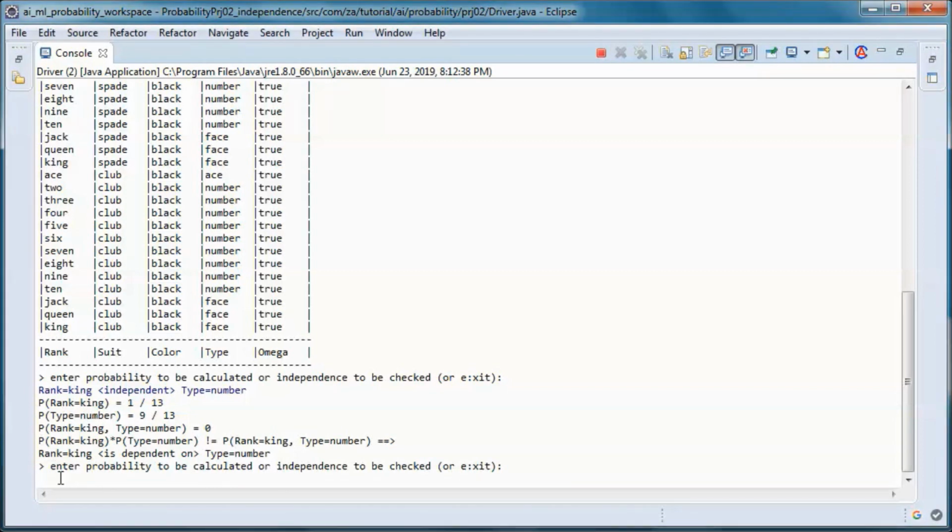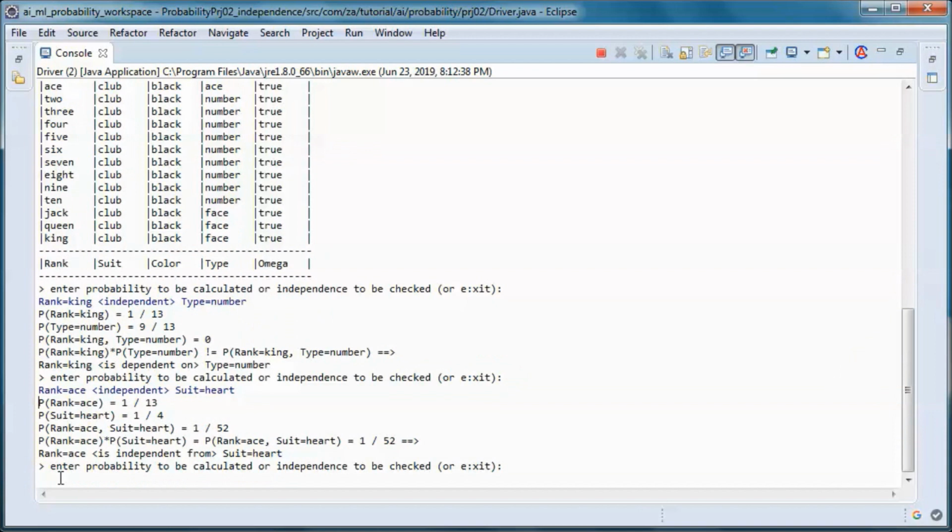And let's check if rank is ace is independent from suit is heart, and it is. So we have 4 aces in a 52 card deck, so it simplifies to 1 out of 13.